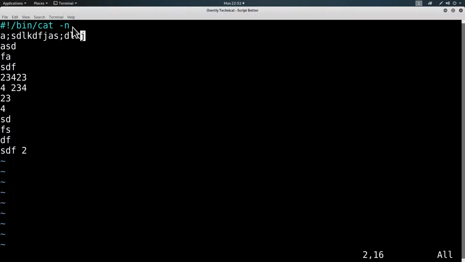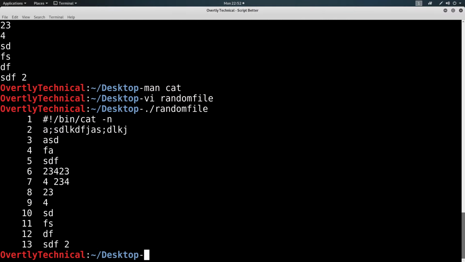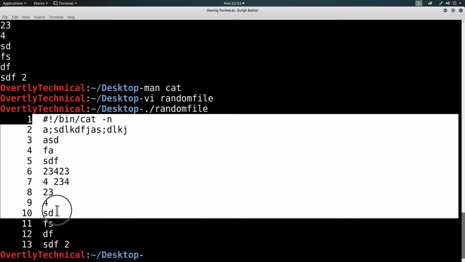In this case, it puts numbers before the line. So now I'm going to go through and run random file. Random file will now forever put the line numbers in.